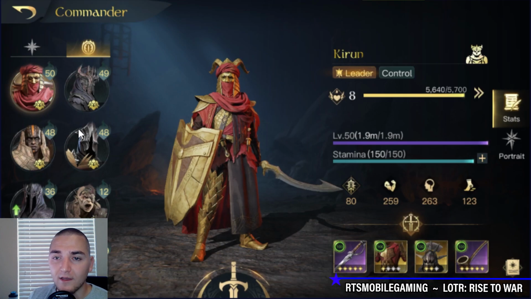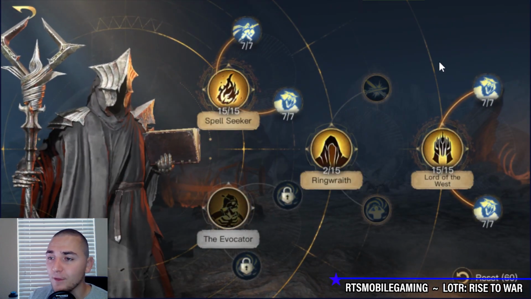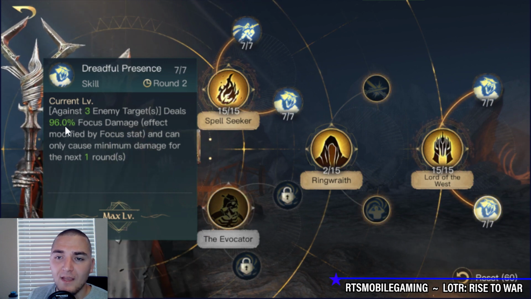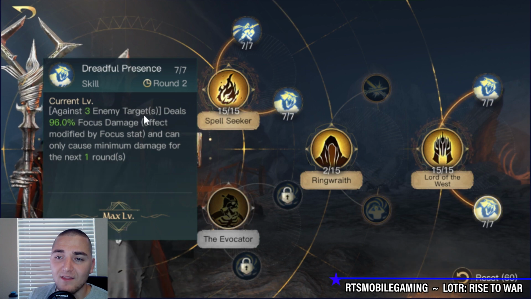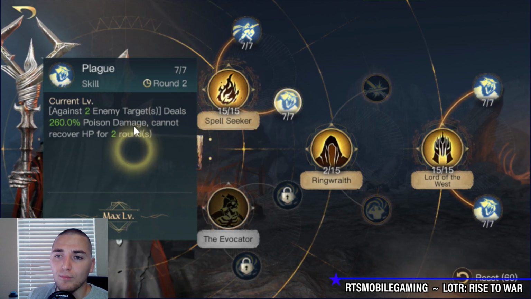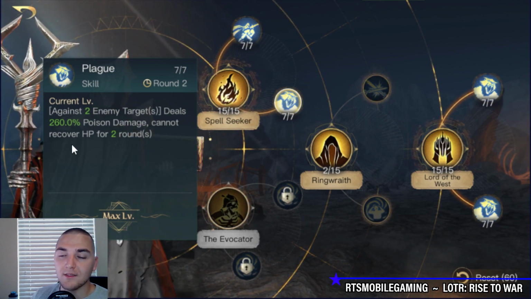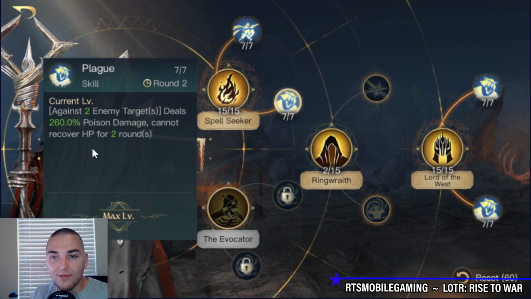Because all of these skills scale completely differently with the different stats that affect them. So Dreadful Presence, you can see here, even though it only says 96% focus damage against 3 targets, it does say the effect is modified by the focus stat. What does the Plague say? The Plague is a flat 260% poison damage to 2 targets, but it doesn't scale as effectively with the focus